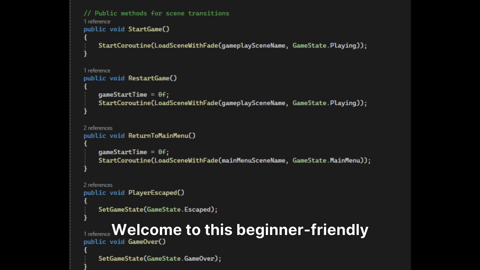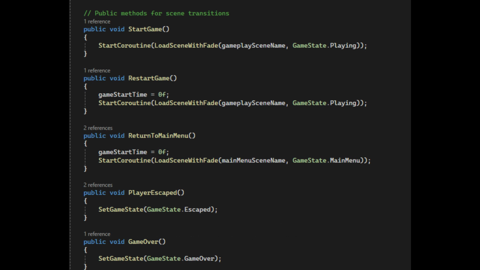Welcome to this beginner-friendly tutorial on C# game architecture. We'll explore the manager pattern, a powerful design approach that organizes game logic and systems effectively, crucial for building robust